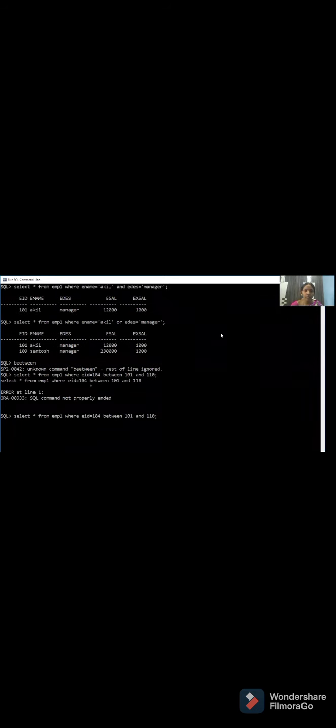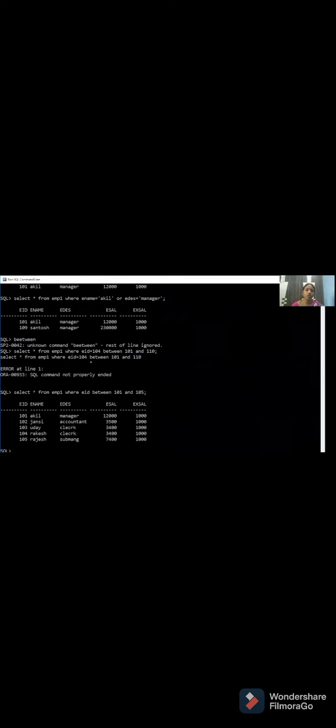Here we should specify that the particular record is not corrected. Now I am checking. I want to display the employee IDs from 101 to 110. So all the rows are coming there. Why? Because we only have 10 values.